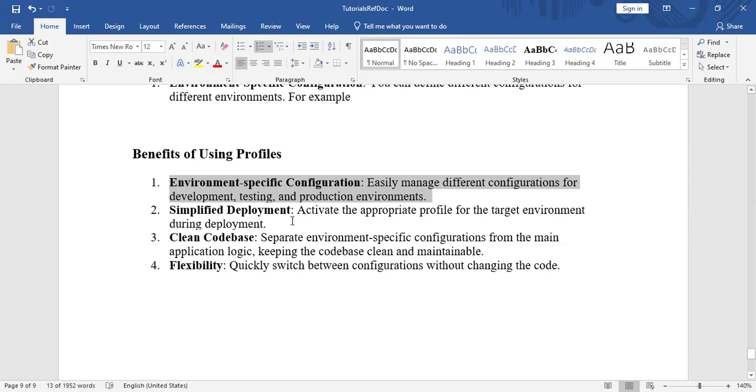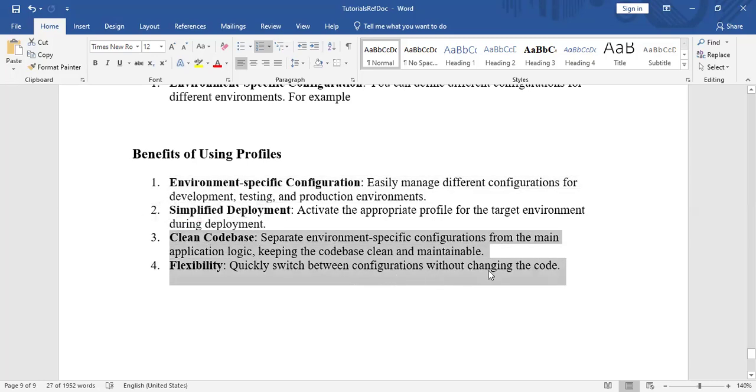Then, simplified deployment: activate the appropriate profile for the target environment during development. Then, a clean code base: separate environment-specific configuration from the main application logic, keeping the code base clean and maintainable. Then flexibility: quickly switch between configurations without changing the code. So we don't need to change the configuration code. We can switch directly based on our